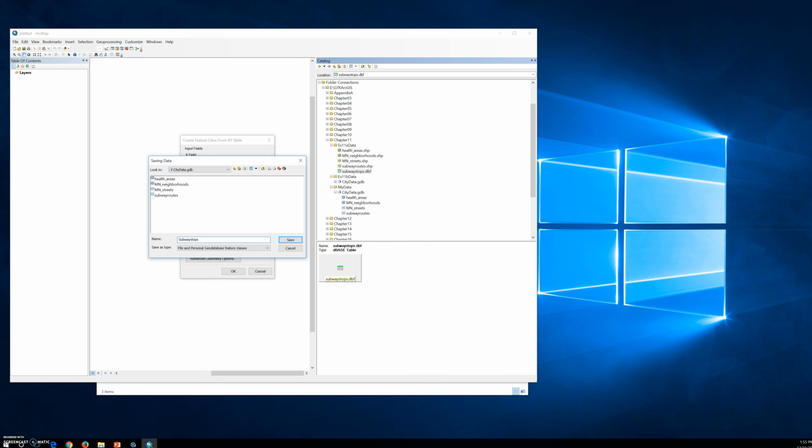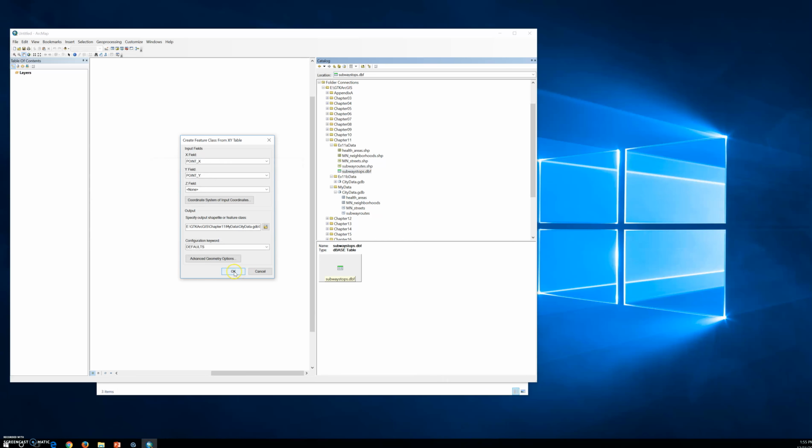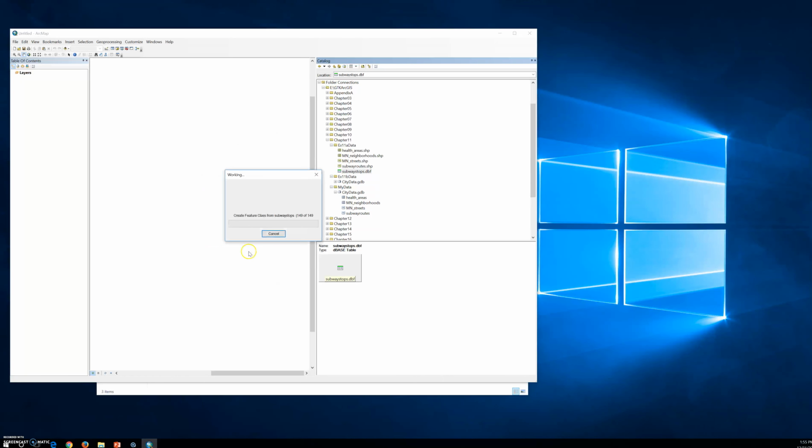So we have to change save as type so that we can get into the city data geodatabase and make it a feature class in our geodatabase. Now we're going to click OK to create a feature class and then preview the subway stops. Hit save. See, now it's in our city geodatabase and we fix everything and our coordinates are already fixed, and then hit OK